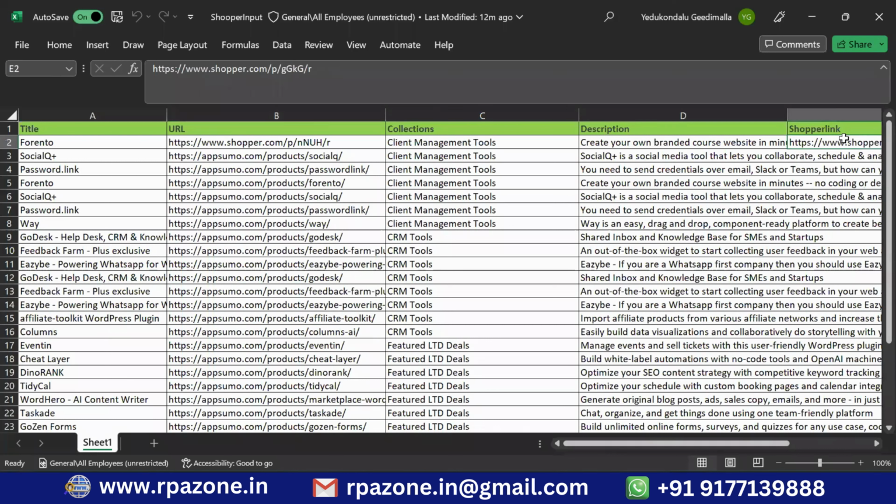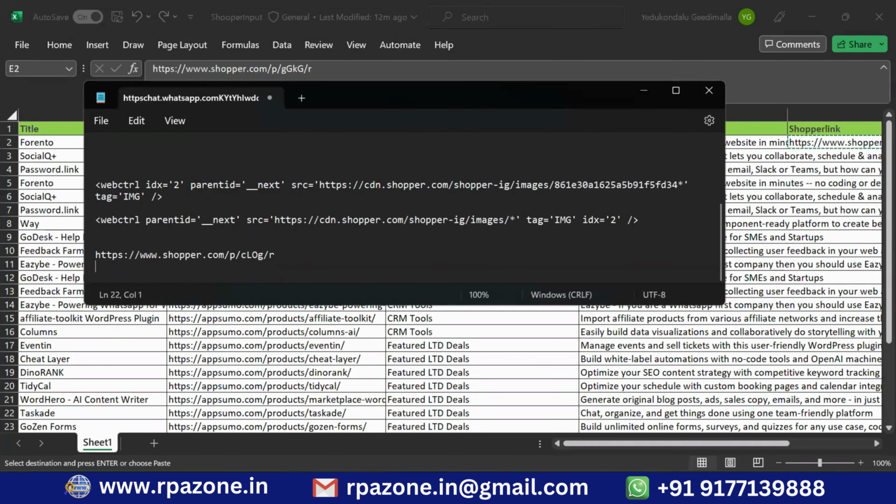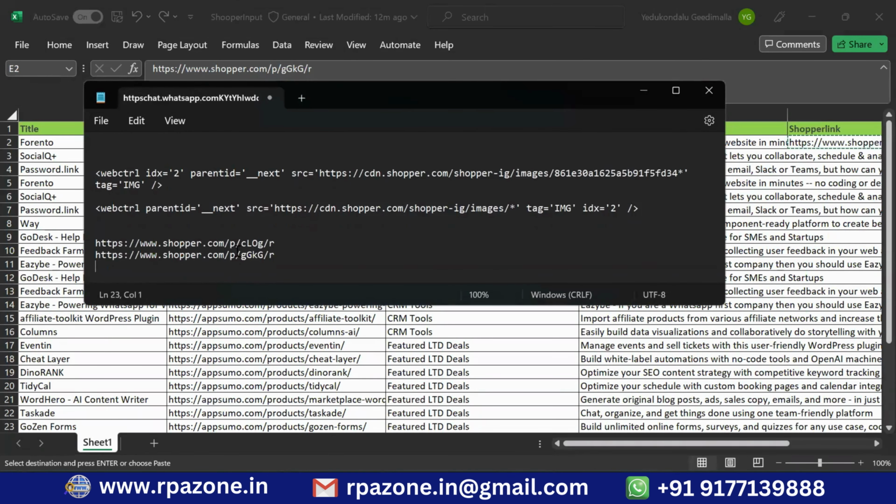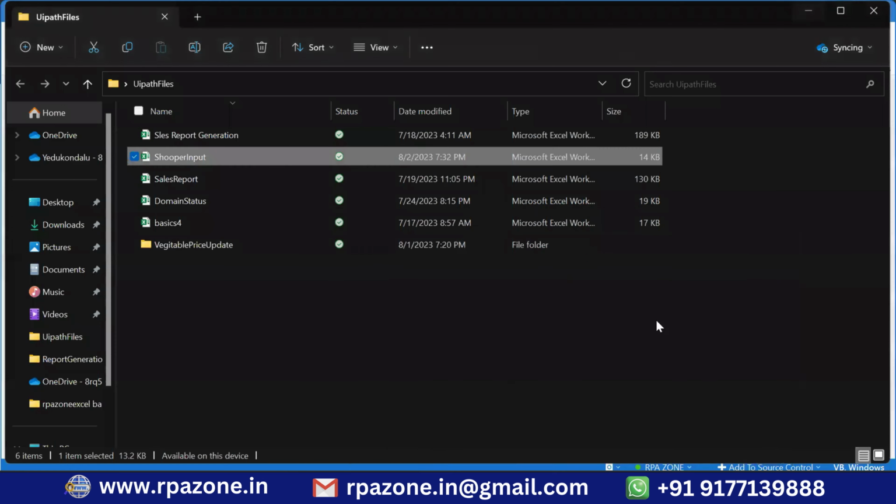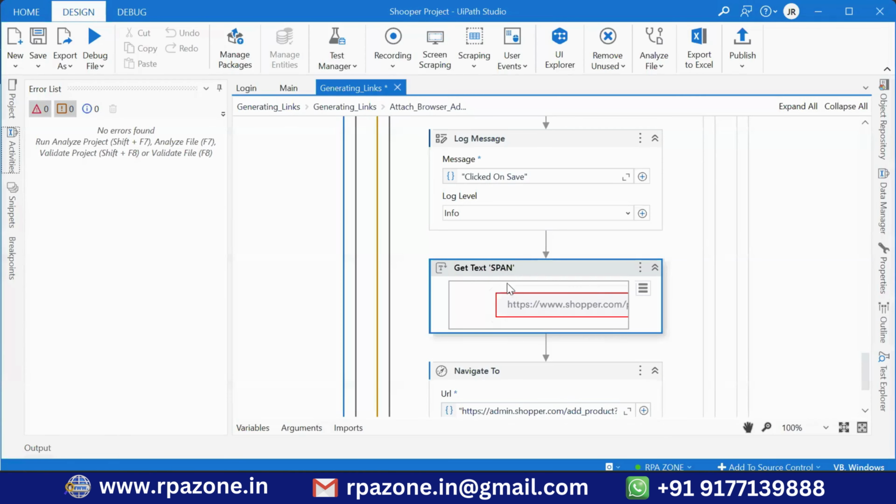This is the URL. Copy. Okay, you can observe here until this P it will be the same. After here it will be changing. This R is also same, but we are removing all these and we are giving here like this. Once after using the get text, we can use the get the